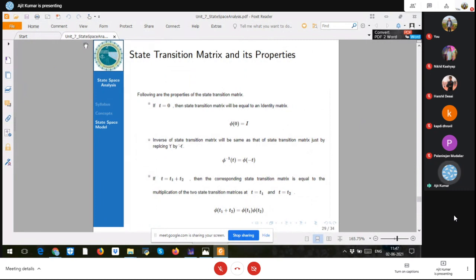सबको स्लाइड दिख रहा है ये? Yes, sir. ओके, परफेक्ट।